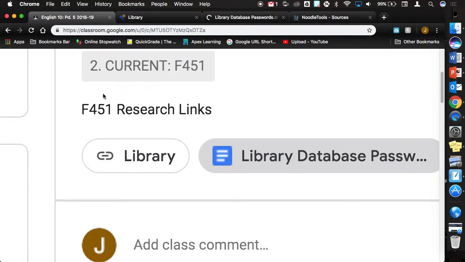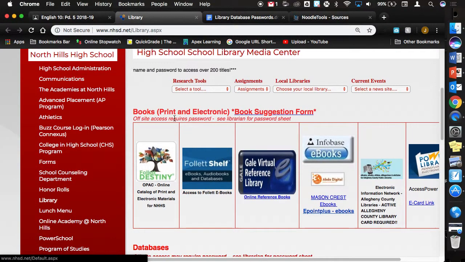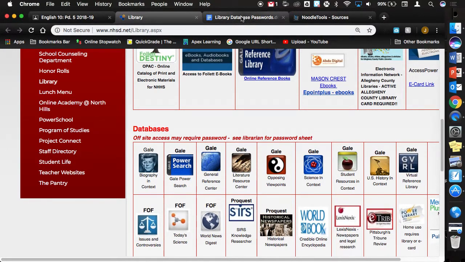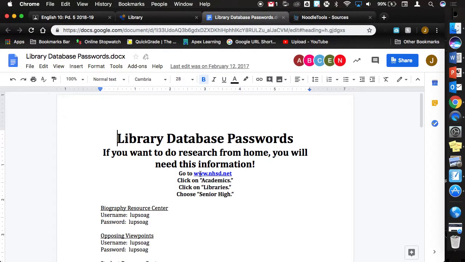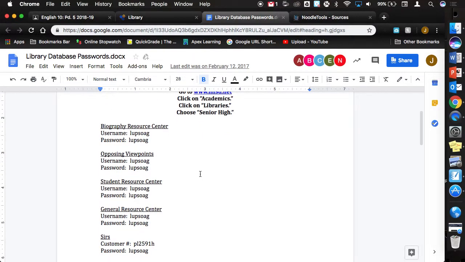So when we go to the library on Monday, you're going to have your iPad. You're going to go to Google Classroom. We're going to go right here where we've been. You're going to hit that library link. You're going to hit the library password link. The library is where we're going to be taking a look at some databases. The library password link is a link to a Google Doc. This is important because whether you're at school or whether you're at home, you are sometimes going to need access to these